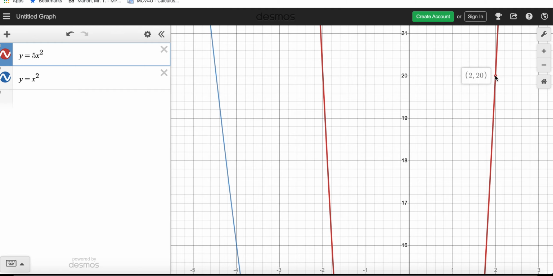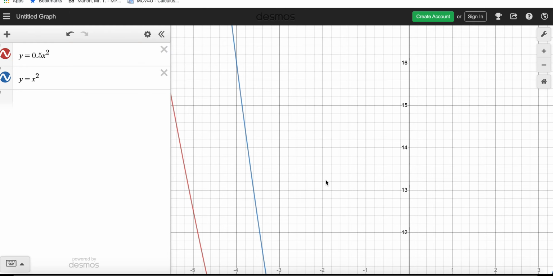In other words, we call it a stretch because technically all the y values are just multiplied by this number. Let's say this number wasn't here, it is x squared, the normal graph. Whatever y value we get after plugging in the x would be multiplied by 5, and it's going to get bigger, larger. That's why we call it stretched. On the other hand, if it is multiplied by 0.5,